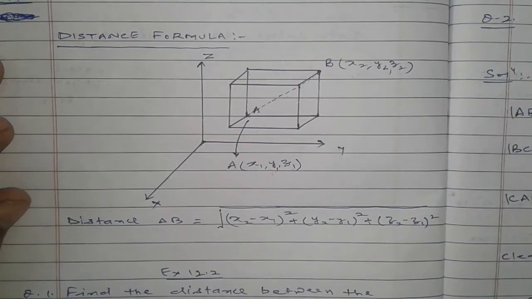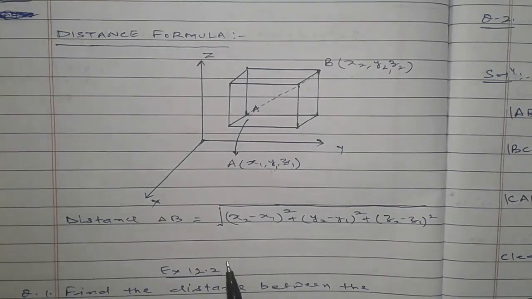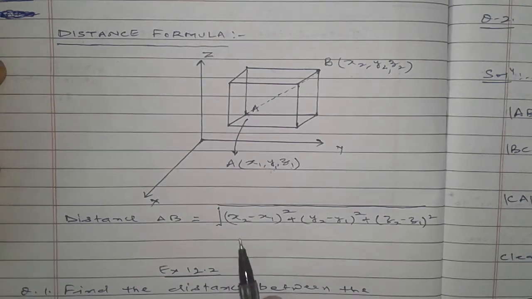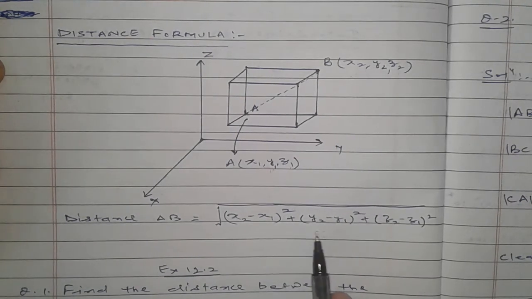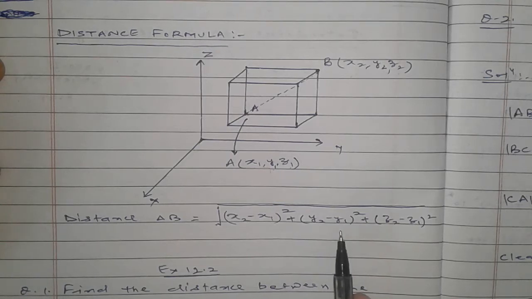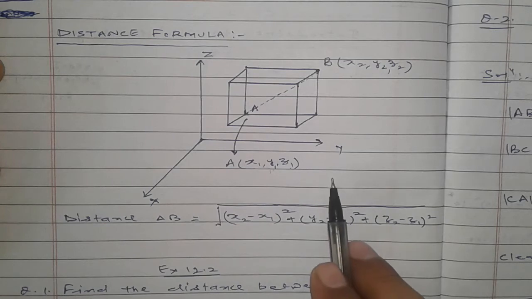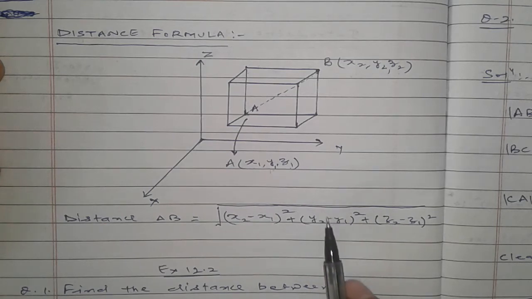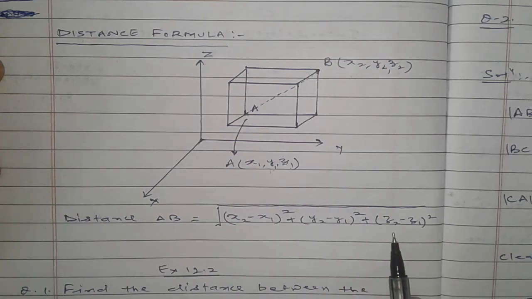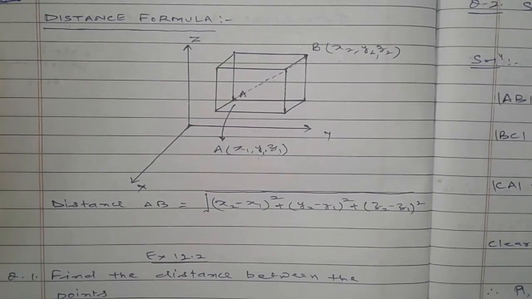Now, as you did in class 10th, the distance between two points is under root of (x2 minus x1) whole square plus (y2 minus y1) whole square, when you consider the point in the rectangular Cartesian system. Now when you take the point in space, the third coordinate will be added: (z2 minus z1) whole square also. So the questions are quite similar